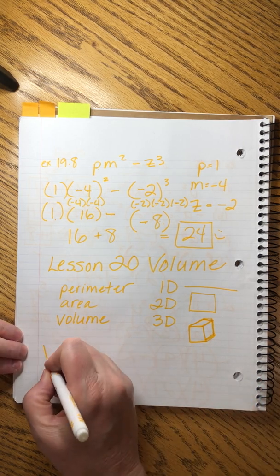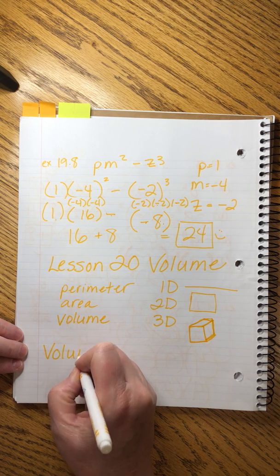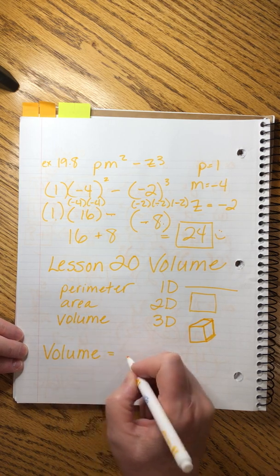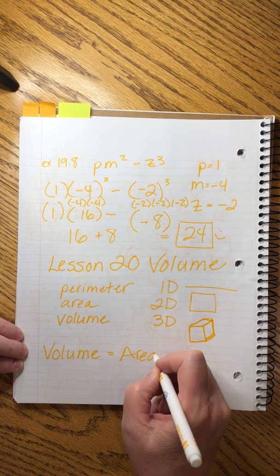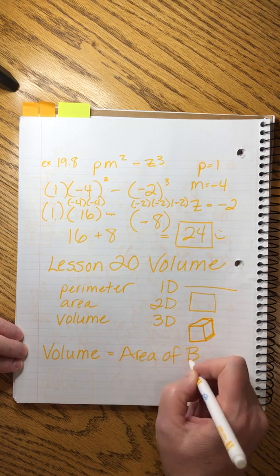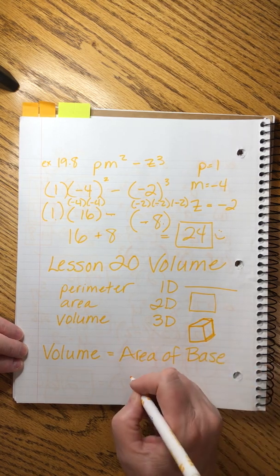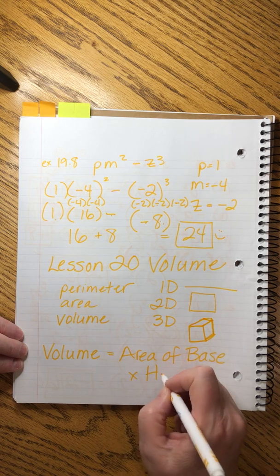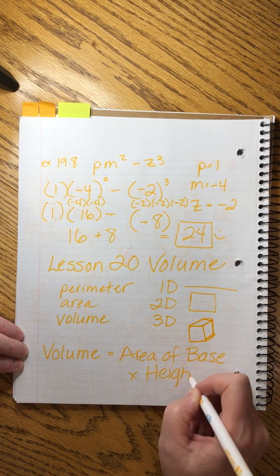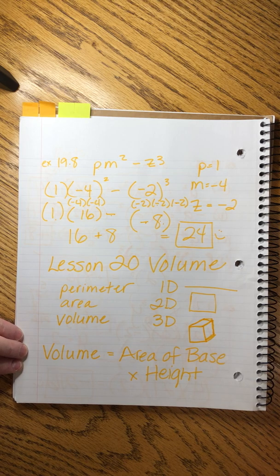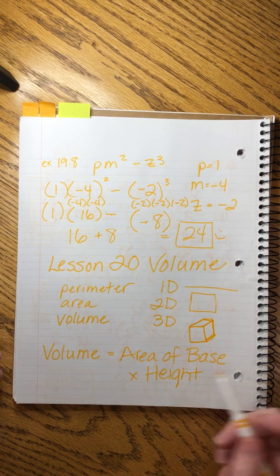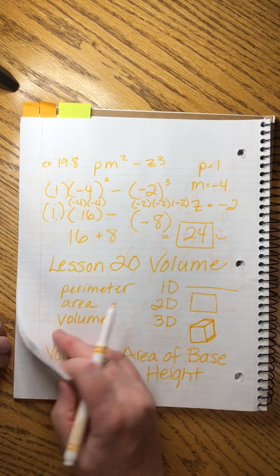And the way that we find the volume is that we find the area of the base of the object and we multiply it by the height. Write this down here in your notes. Then I will wait for a minute while you go and write this inside the cover